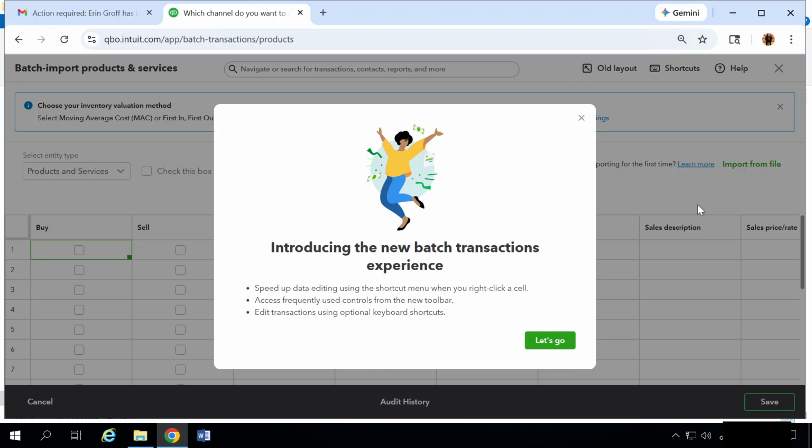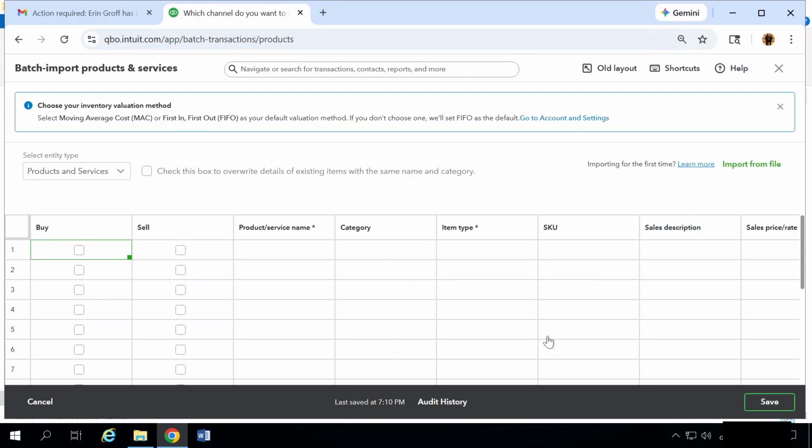Introducing the new batch transactions experience, speed up data editing using the shortcut menu when you right-click a cell, access frequently used controls from the new toolbar, edit transactions using optional keyboard shortcuts. So this is your batch import, and